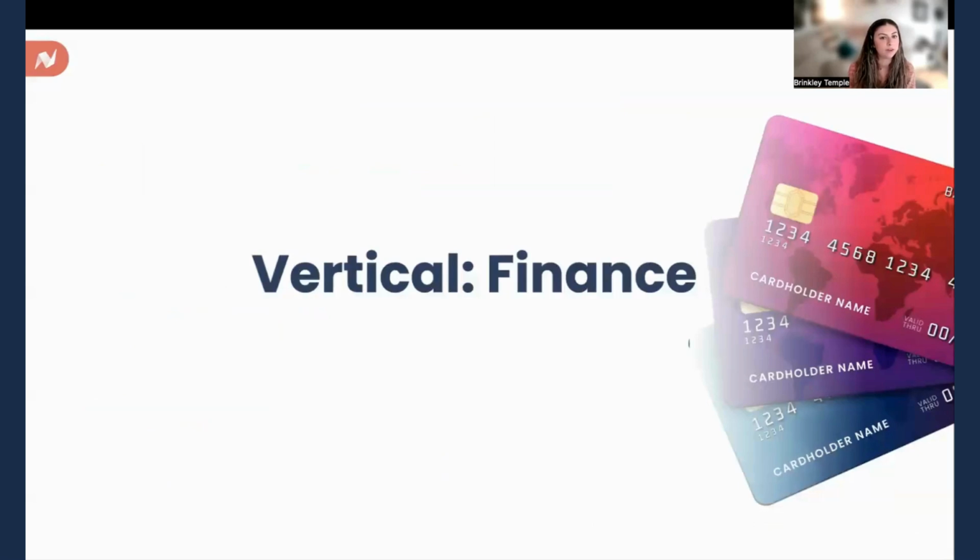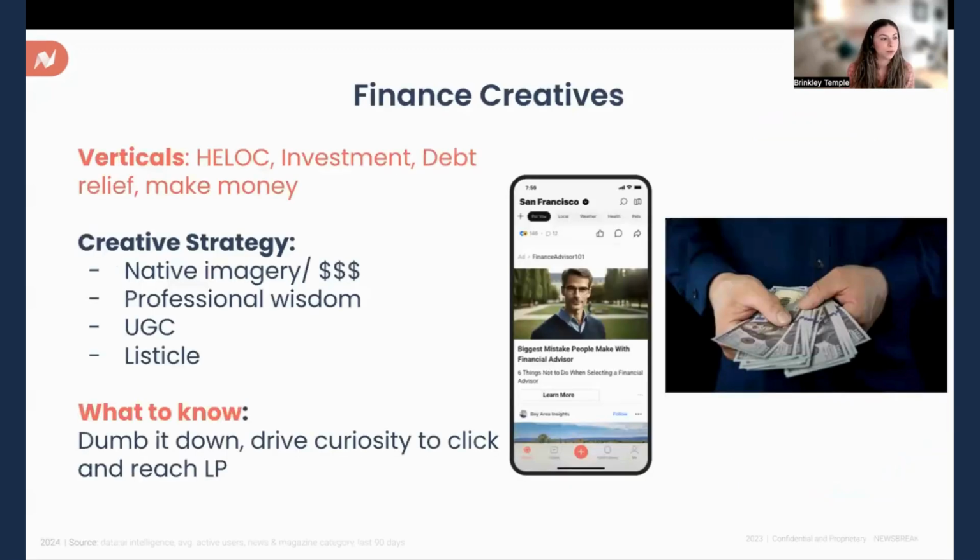Cool. And then finance does really well with their audience because thinking of that older demographic, they really care about their retirement, saving for their future. They have families, so they want to make sure that they're set up for success. So saving for investing and just doing things for their family. Some specific verticals that we see perform well are like HELOC, investment, debt, debt relief, ways to make money, and